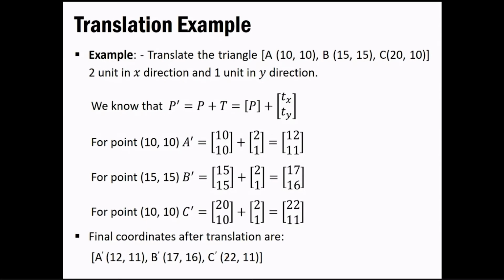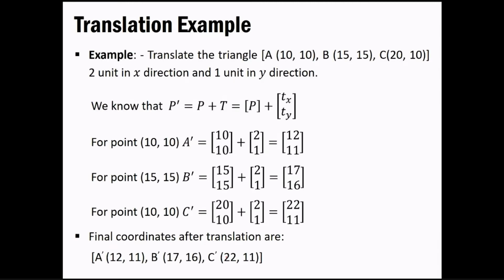Okay, so based on this, what it says is you are getting the actual translated object, you are repositioning the object, whatever you have. Okay, but in the examination what you need to do is, once you translate the whole of this, you also have to show it in graphical form. Okay, so whatever new coordinates you have, you plot them along with the older form that you were having before the translation, and after applying the translation, whatever coordinates you are getting, you plot them on the graph, and then you show it. Okay, so that I also get an idea that this is the thing that you have achieved after the translation.